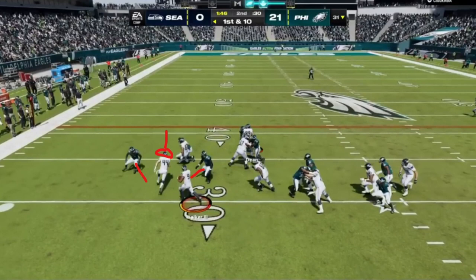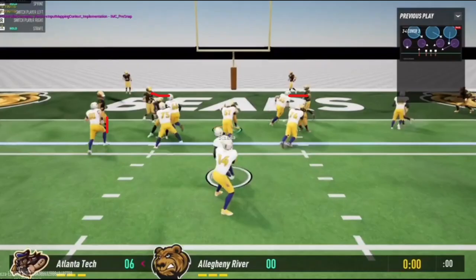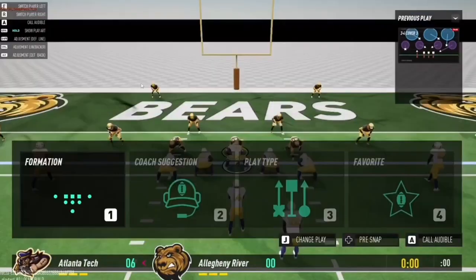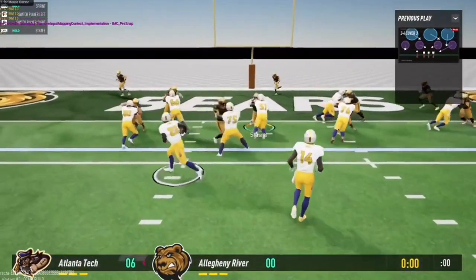As you can see here, you see the fullback running outside, right? Running outside, skipping a whole player just to go block somebody else. And this is what I mean by game logic. So when you look at this run play that Maximum Football is showing us, you see that the two guards are finding someone to go block. They're not doing that in Madden. Right? They're not doing that in Madden. But when you look at Maximum Football, everybody is picking up a block and everybody is finding someone to block,